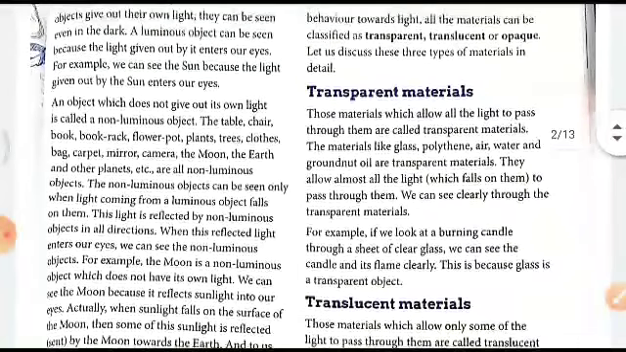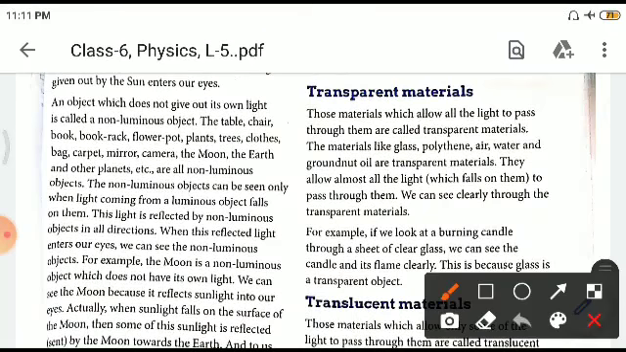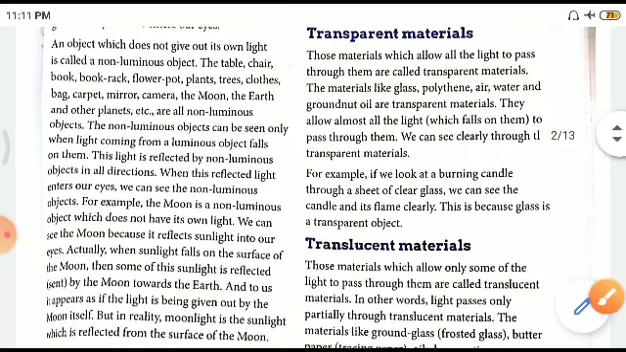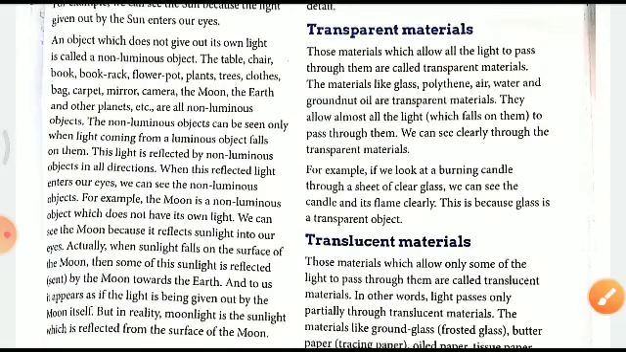The definition is: those materials which allow light to pass through them are called transparent materials. For example, polythene, air, water. It's all given here, with the examples. Then translucent material: in many windows, you can see outside,